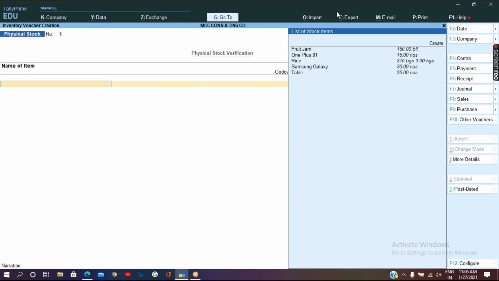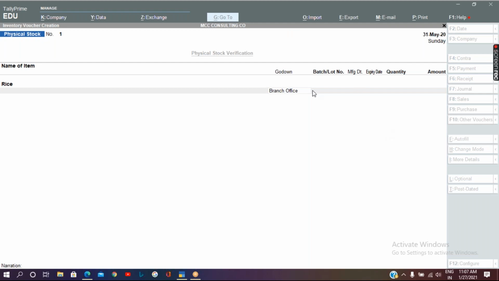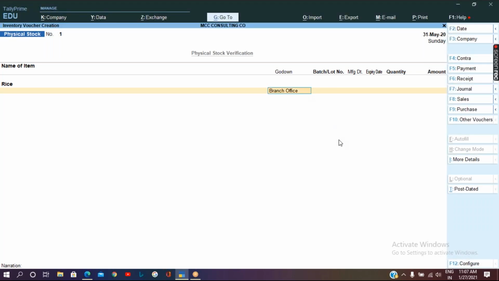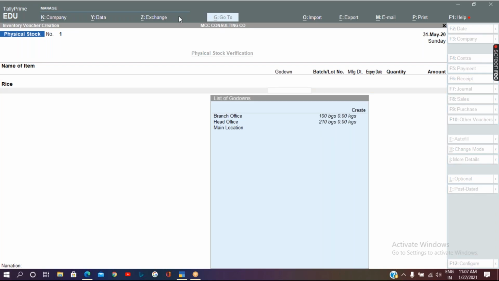by selecting the stock item, rice. So here, please specify in which location you want to make the adjustment. Okay, so here the branch office has 100 bags and head office has 210 bags.